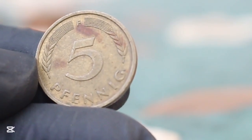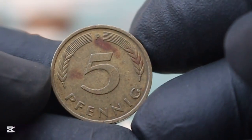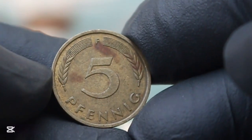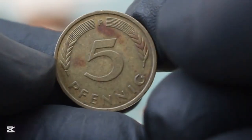Whether it's the coin's historical significance, its relatively low mintage, or its connection to the period of post-war recovery, this coin continues to capture the attention of numismatists around the world. For anyone interested in expanding their collection, this coin represents a rare opportunity to own a piece of Germany's economic